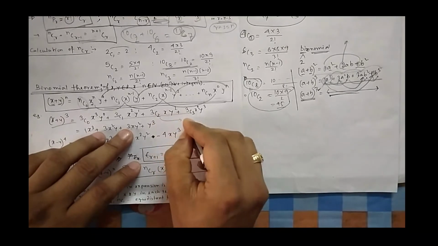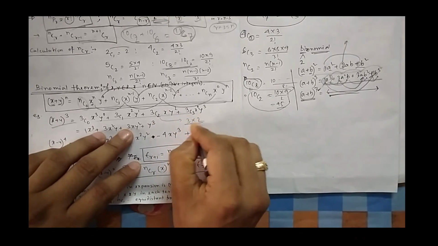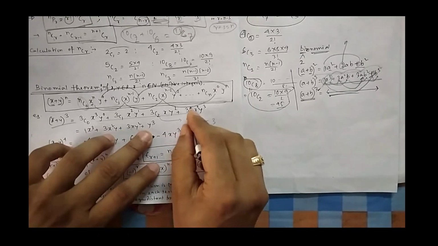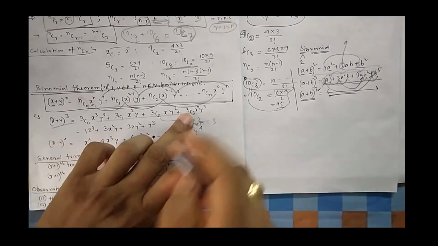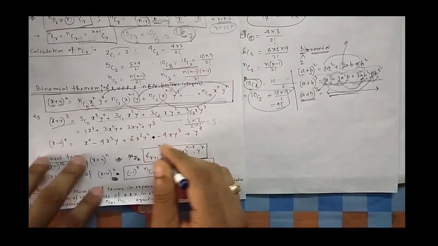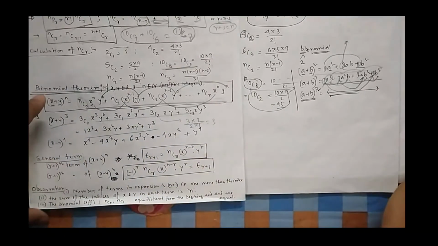Or you can do it in this way: 3C2 is, you write two numbers, divided by 2 factorial. So you will get 3. 3C3 is 1: out of 3 you have to select all 3. That is only 1. You take the entire class and then come out. So you can see this is your whole theorem.